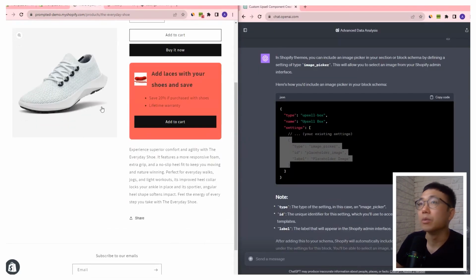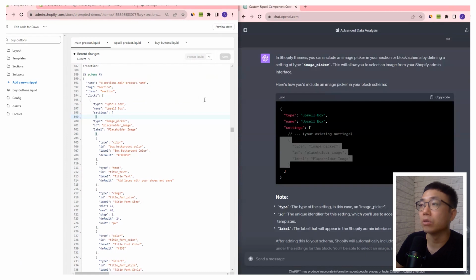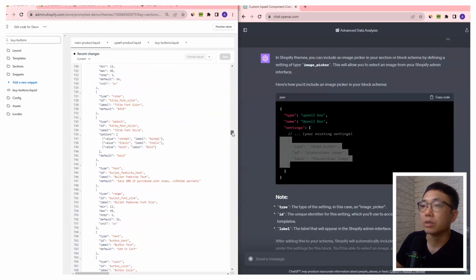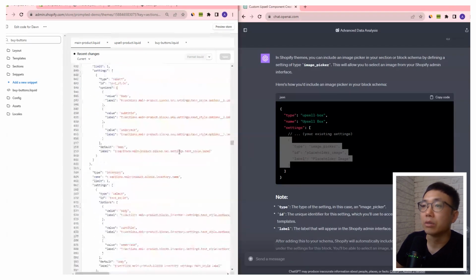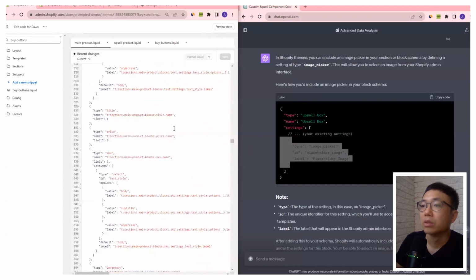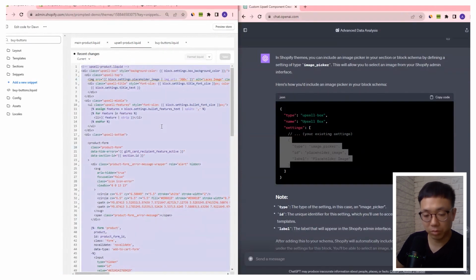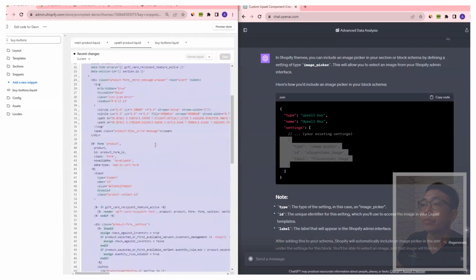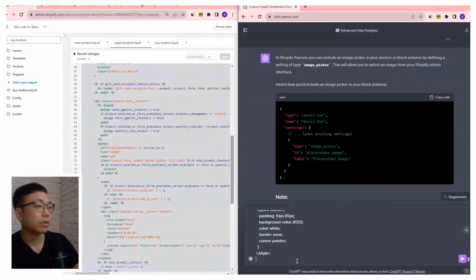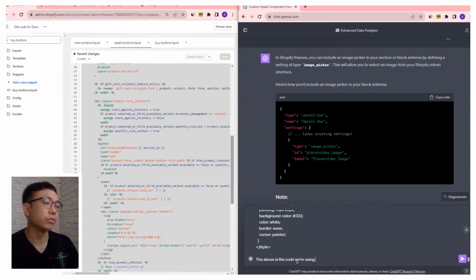Let's come back to our code and I'm just going to copy and paste this whole thing. The above is the code we're using for the upsell. I would like to add